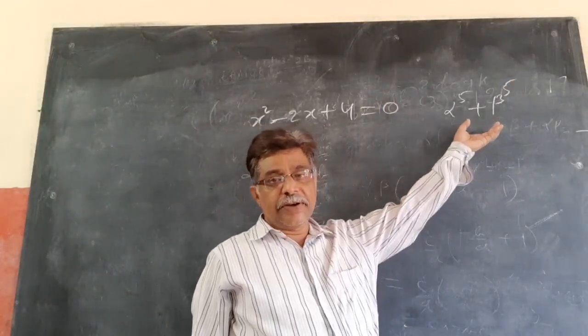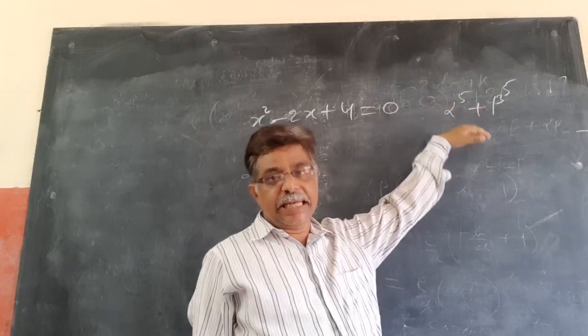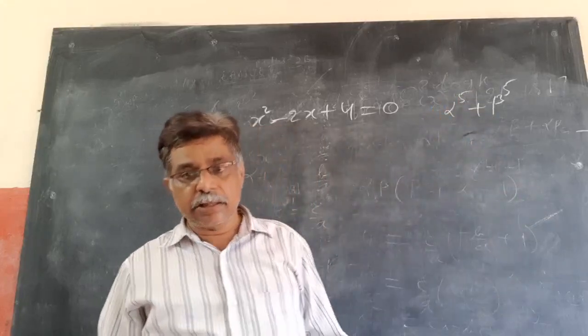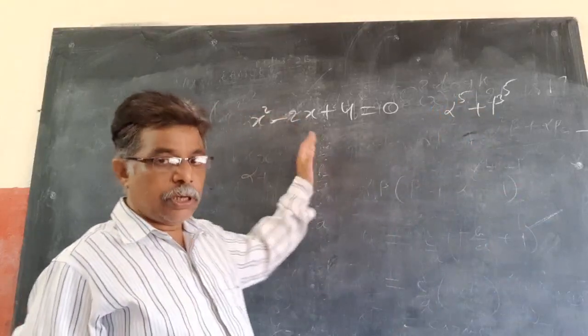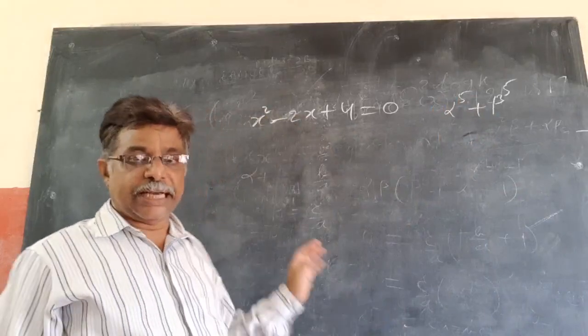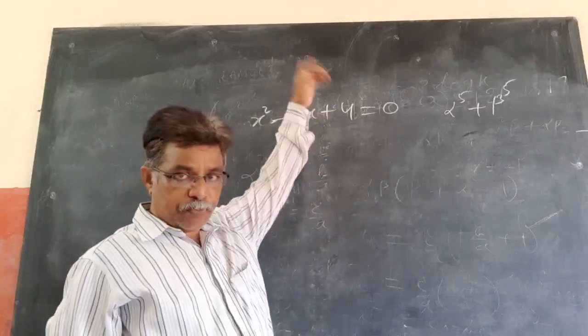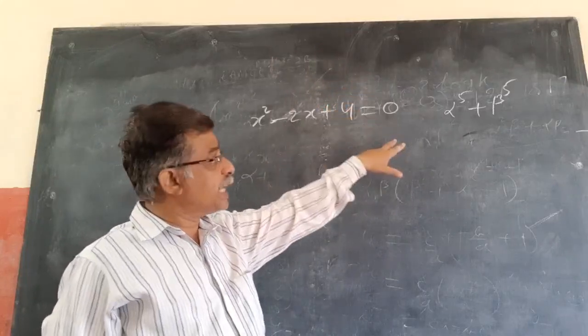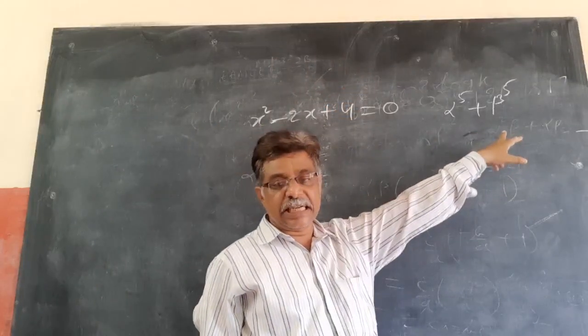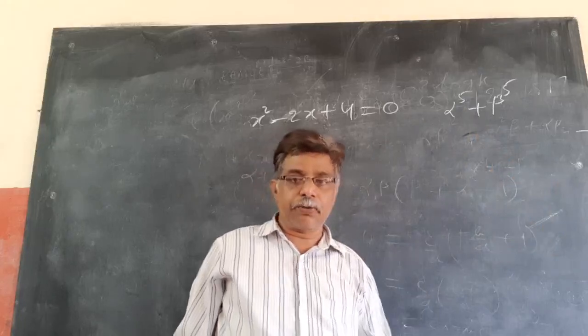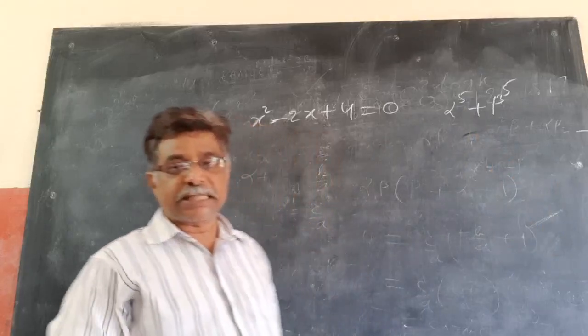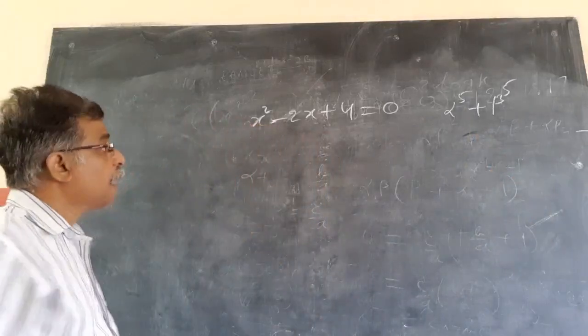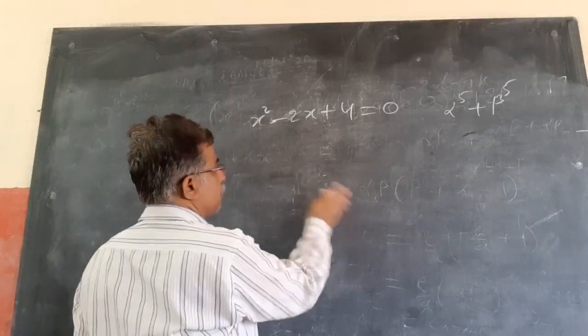Like this, they asked in the 1990s. Then after this we will jump to the 2000 questions. Like this, the previous questions in the 1980s were of an easy type. Now they increased the level. Now in the 90s they are asking something like alpha power 5 plus beta power 5. This is a mix of complex numbers. How? There are two ways of doing this.